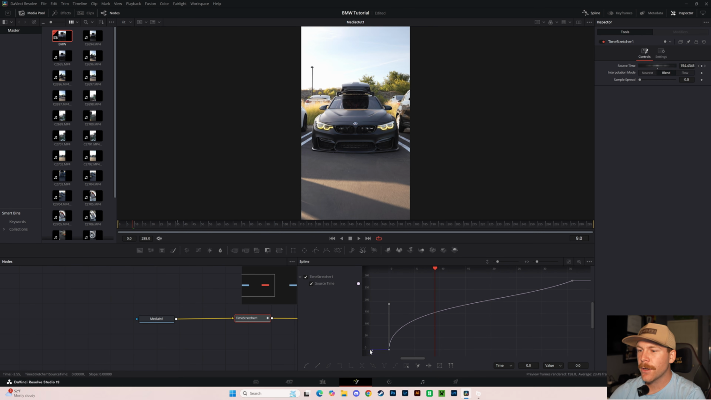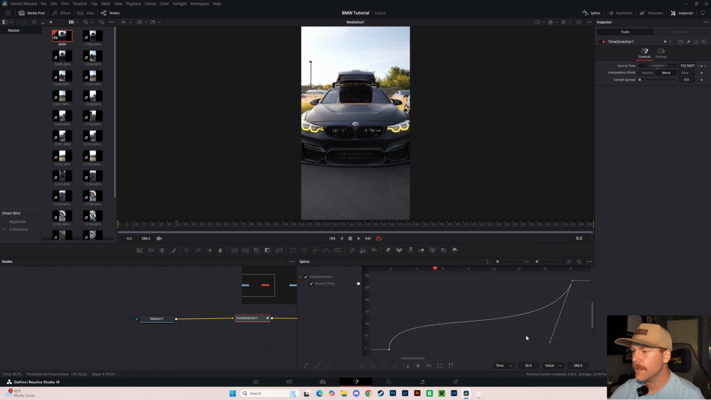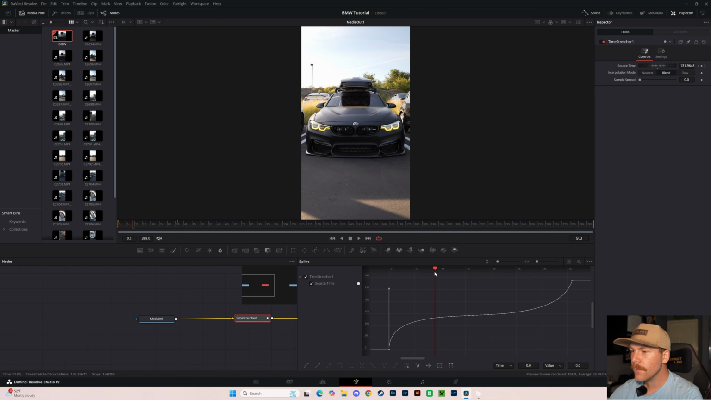Since this line here is the frame of the actual clip, and this line is how many frames of our final clip, that will tell you basically how fast your clip's going to be in certain sections. What I mean by that is the more vertical your line is, the faster your clip is going to play. And the more horizontal your line is, say I were to do this, the slower your clip is going to play. So if we were to look at this clip here, basically what we're going to see is it's